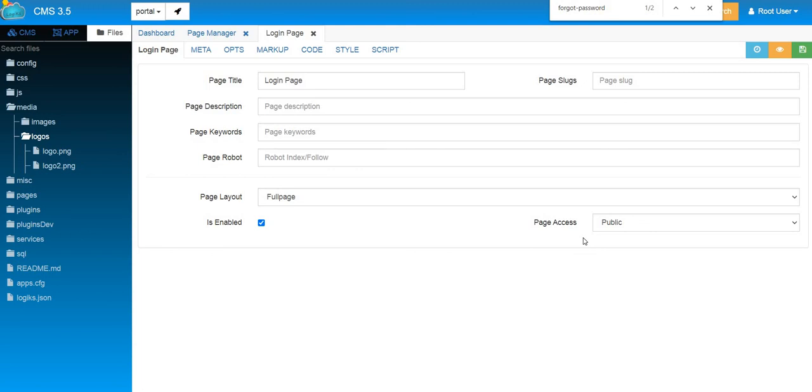So to control that, Logix gives you a way. What you need to do is, if your page is public, that is, it can be accessed without login, then for that you need to select public over here. And if you want to make a page private, which will open only after login, then for that you need to select private. Now, mostly login pages are public so that they can be visible without login. Whereas the home page of the application can be private because it needs login to enter into the system. Whereas in a website, you can mark all the pages as public.